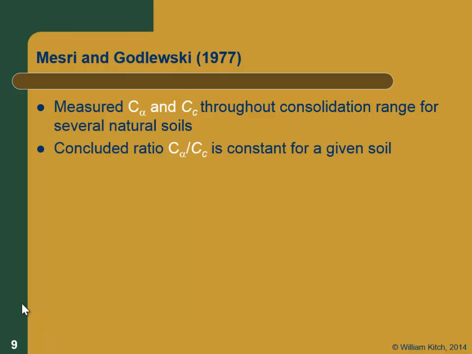Okay, and his conclusion from this, or their conclusion from this, is that the ratio C sub C over C sub alpha is a soil property. It's constant for a given soil. So that means, if you think about it,